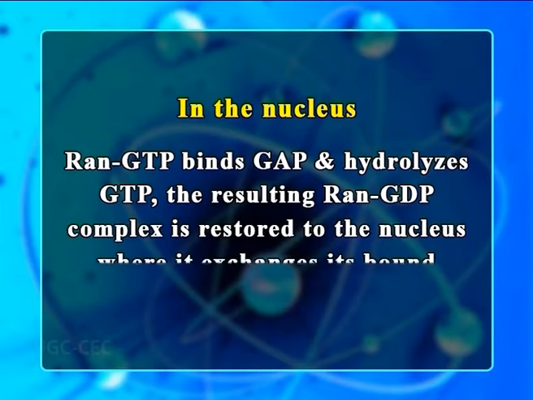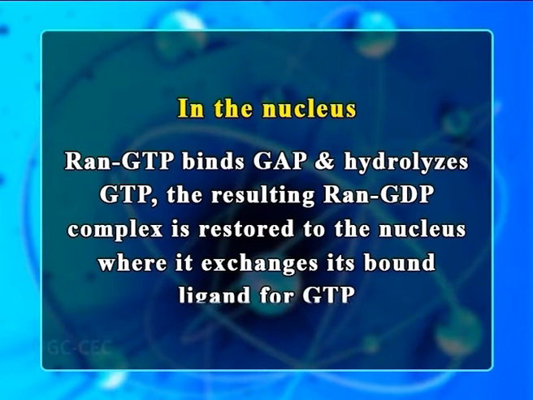The resulting RAN GDP complex is restored to the nucleus, where it exchanges its bound ligand for GTP. Hence, whereas importins depend on RAN GTP to dissociate from their cargo, exportins require RAN GTP in order to